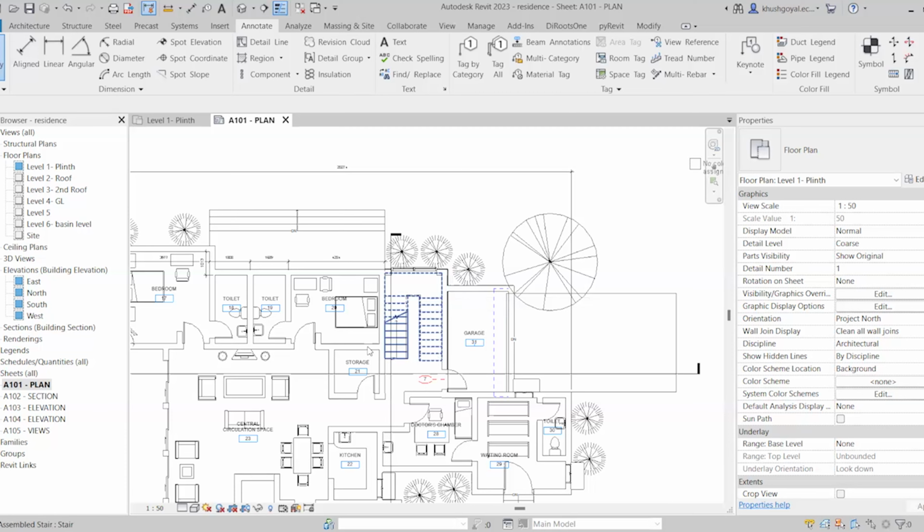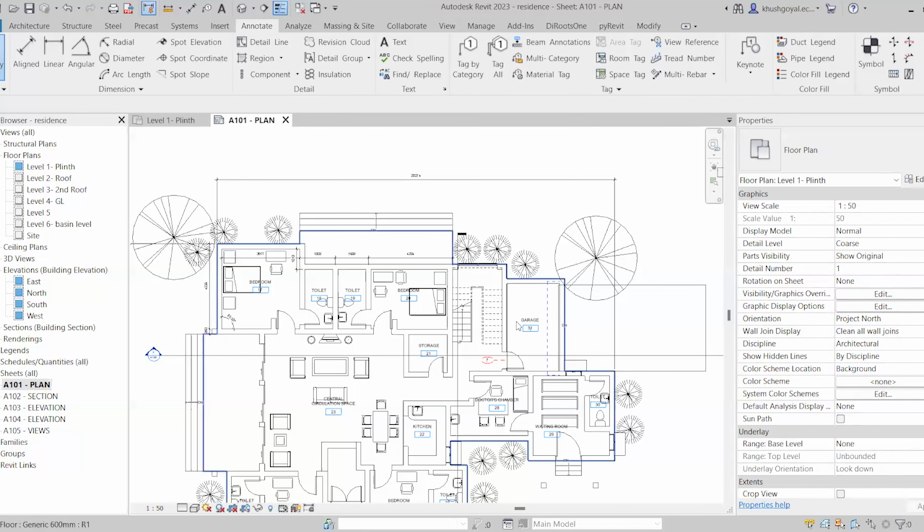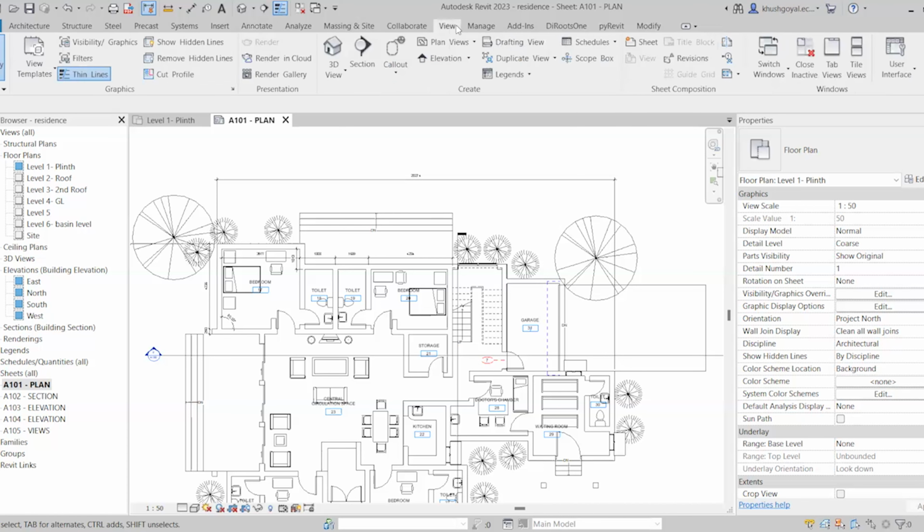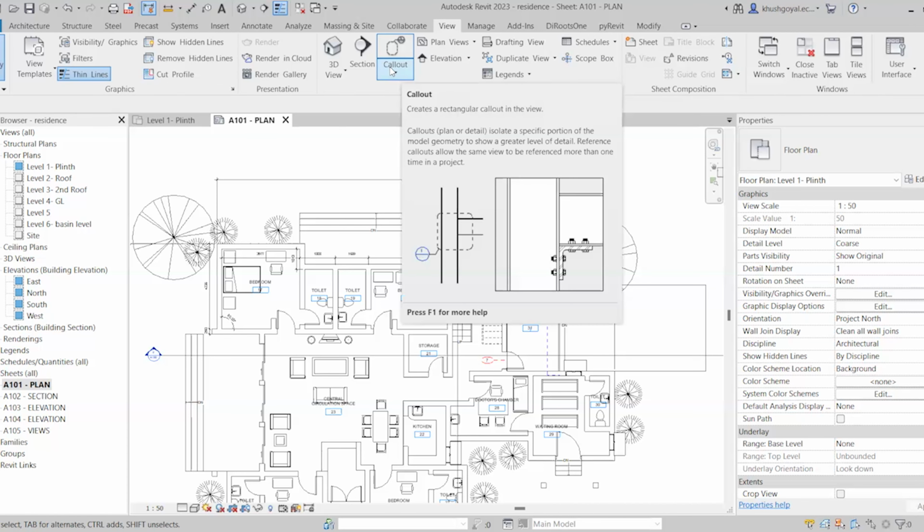Now, let's say this is my staircase and I want to create a staircase detail for it. So first of all, I will go to View and I will go to Callout. Callout is something which is helpful for us to create